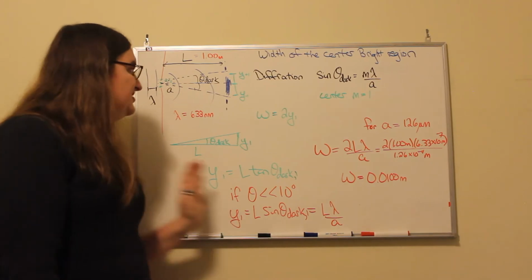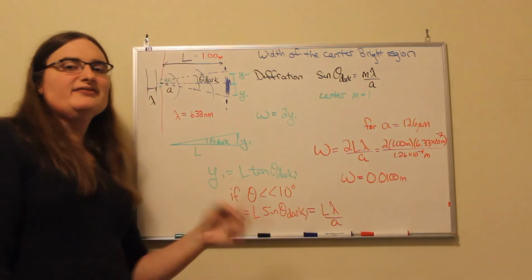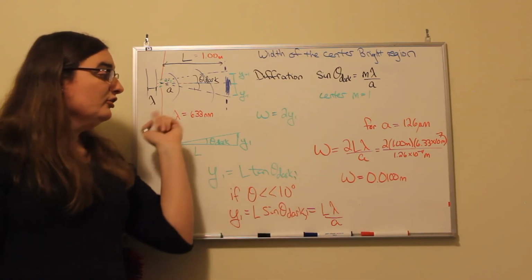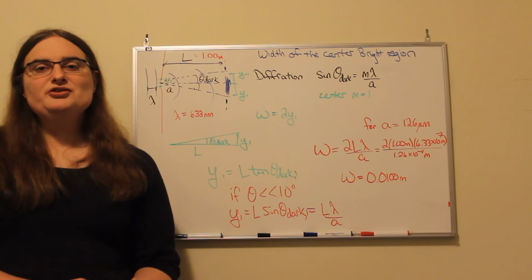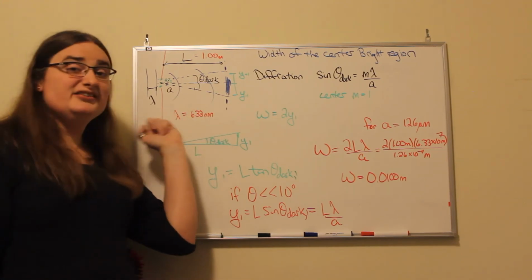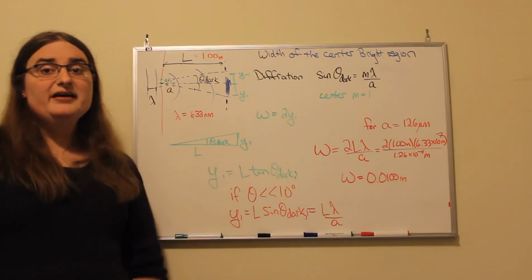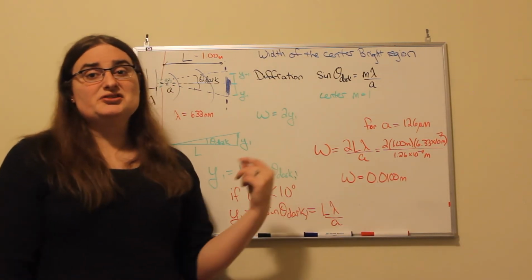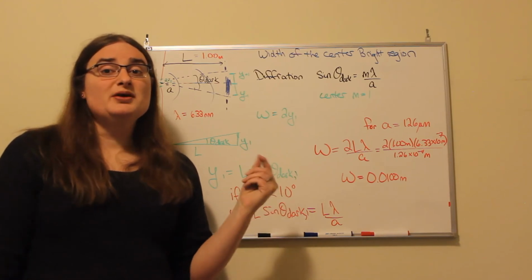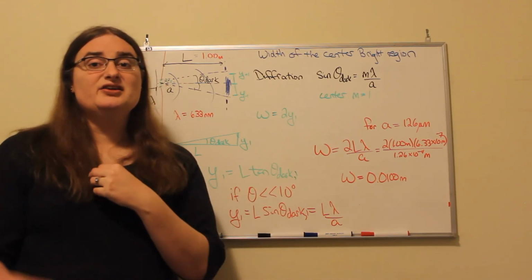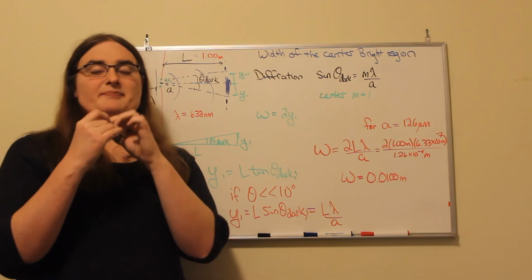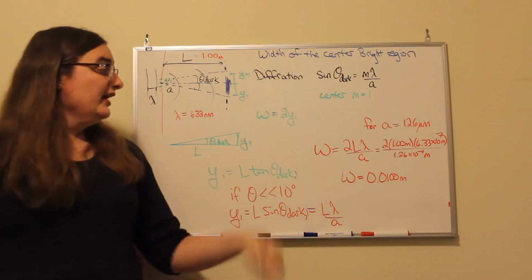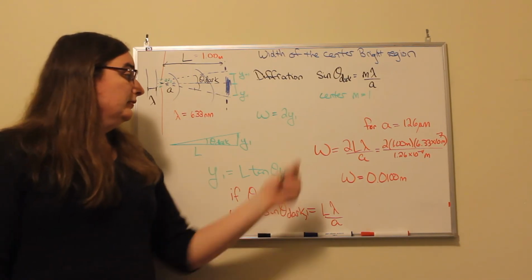So let's choose a distance L, which is roughly the length of this whiteboard that I have behind me, 1 meter. We're going to use a wavelength of 633 nanometers, which conveniently is kind of in the middle of the red end of the spectrum. And the width we're going to use is 126 microns, which would be 1.26 times 10 to the negative 4 meters, or something about like a few of these right here twisted together in making a rope in terms of